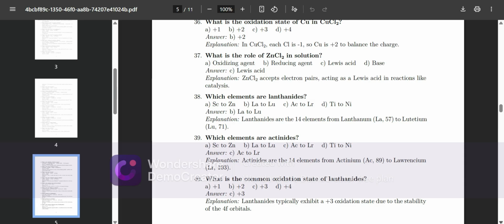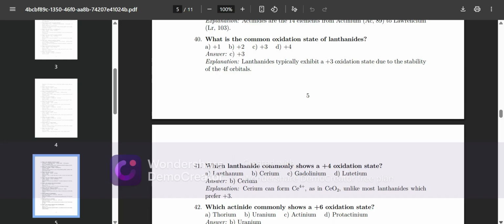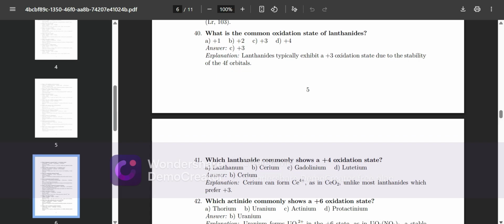Which elements are actinides? Actinides are the 14 elements from actinium, Ac 89, to lawrencium, Lr 103. What is the common oxidation state of lanthanides? Lanthanides typically exhibit the +3 oxidation state due to the stability of 4f orbitals. Which lanthanide commonly shows a +4 oxidation state? Cerium